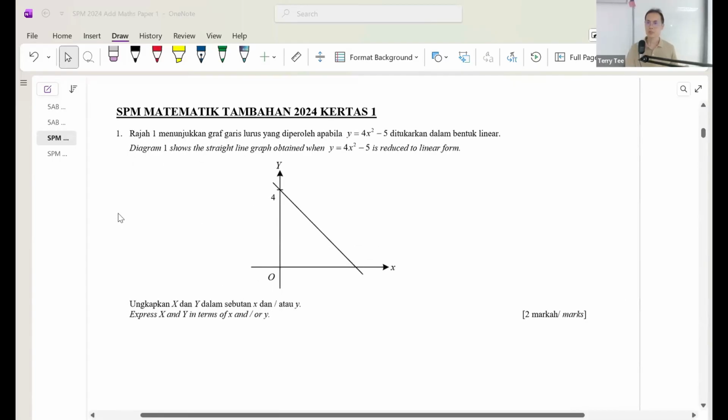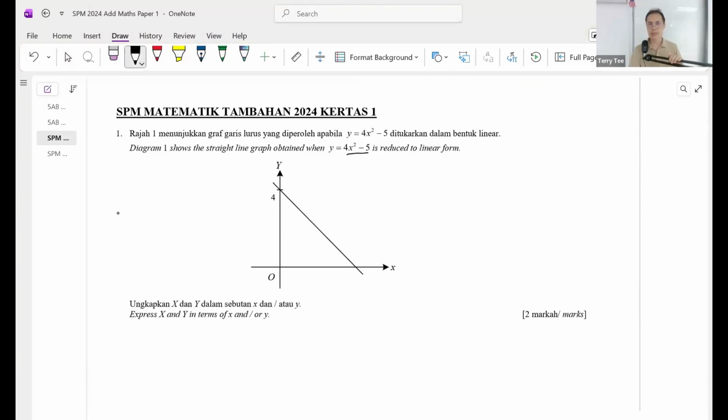Okay, so let's get started with question number 1. This is from Form 4, Chapter 6, Linear Law. You're given a straight line graph that is obtained when y equals 4x squared minus 5 is reduced to linear form. So we are supposed to express big X and big Y in terms of x and y. So let's begin by